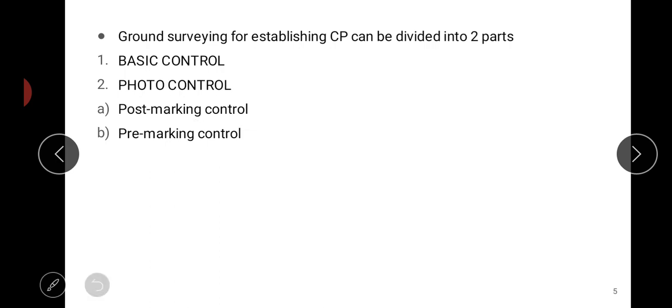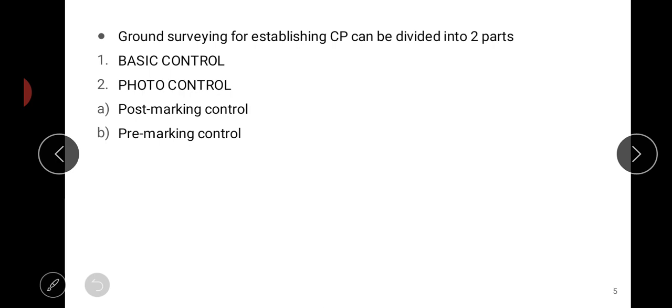Then pre marking control: ground points or control points are selected on the ground first and then included in the photograph, and the marked points on the ground can be identified on subsequent photographs.